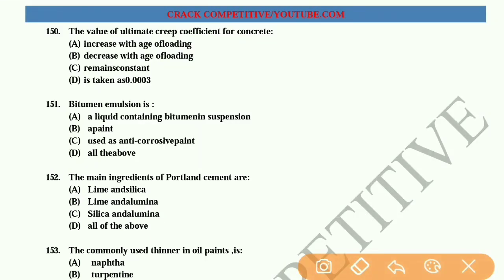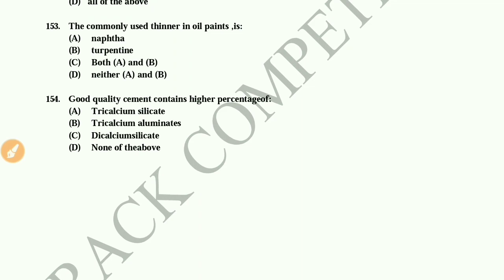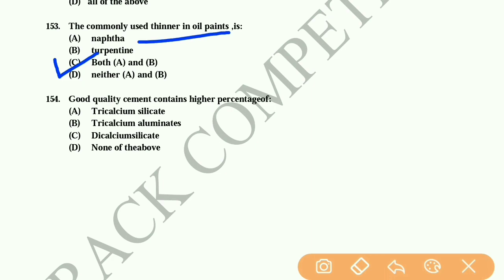Bitumen emulsion is a liquid containing bitumen suspension, a paint used as anti-corrosive paint. D is the right answer. All the above are right. The main ingredient of Portland cement are, Portland cement की main ingredient क्या है? Lime and silica. So A is right answer. The commonly used thinner in oil paints is, this is option C, both naphtha and terpene are the commonly used thinner in oil paints. Good quality cement contain higher percentage of